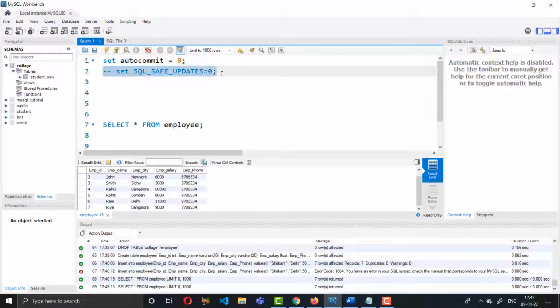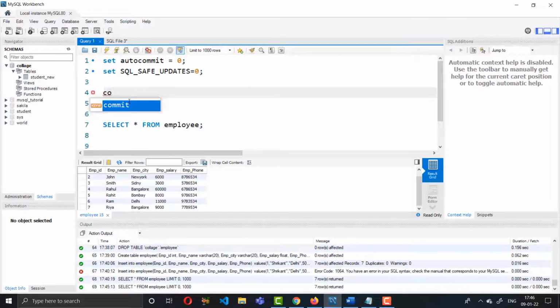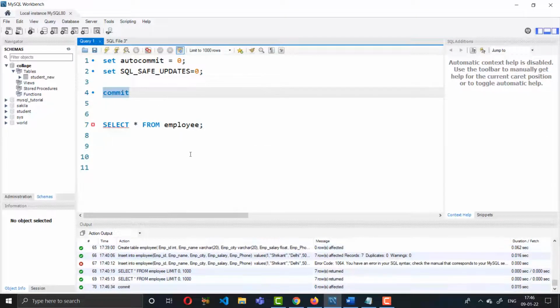And the second line of command we are using here is because, if you delete your data in safe mode, I have set up safe mode in the MySQL database. To disable safe mode, we have used this command, set sql_safe_updates = 0. So we have disabled safe mode. Now, because I have inserted your data, let's first commit your data. Okay, so now your data has been committed.